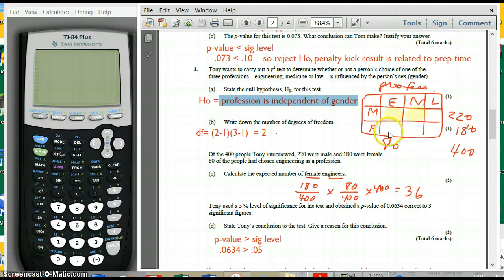Well, in that case, you're going to multiply this percentage times this percentage, and that'll give you the percentage of female engineers. And, of course, that may or may not be true. If it's an independent distribution, then that's what you're going to get. So that's what we're calculating here: the expected number of female engineers if it is an independent distribution. And I will continue in the next